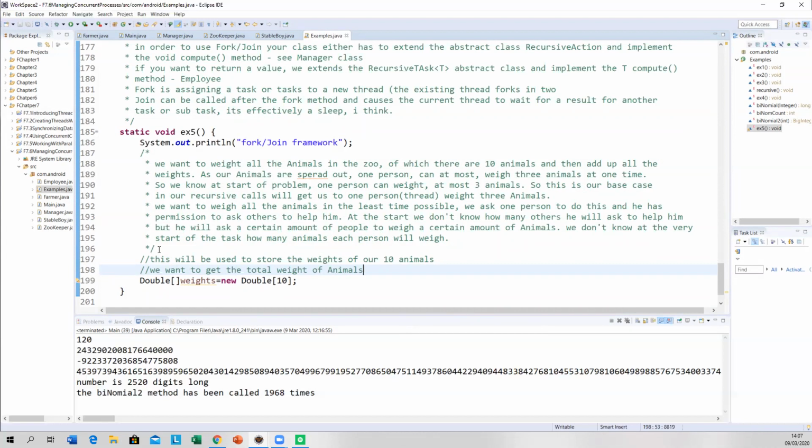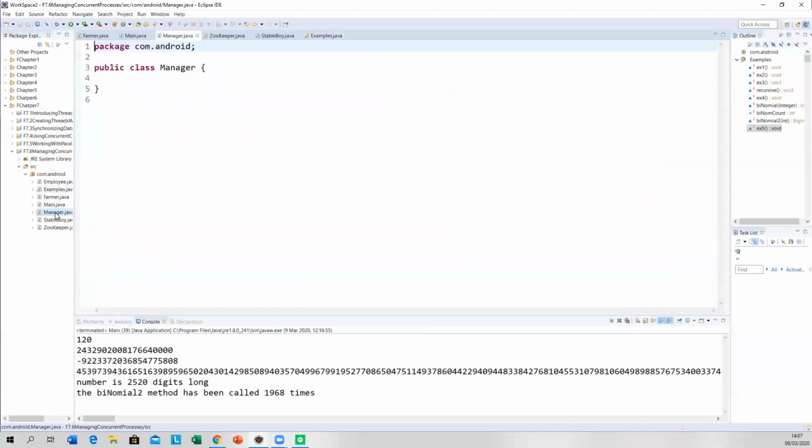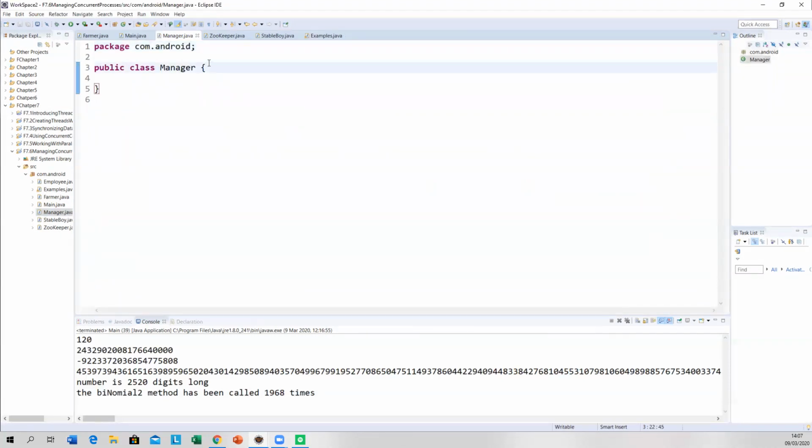Now we have to create the classes that are going to use fork join. All right, so the first guy who's going to be measuring our animals is going to be the manager. Okay, I know that's not what a manager usually does, but this manager is really hands-on. Okay, so public class manager extends recursive action.